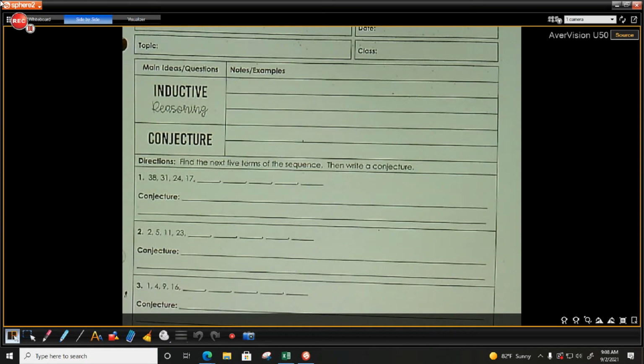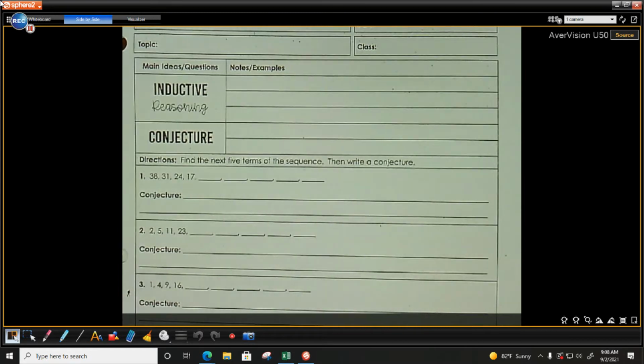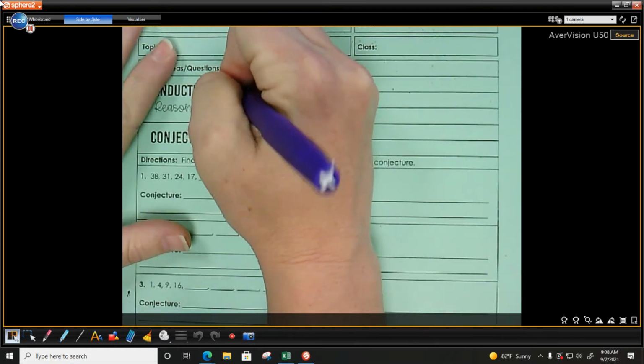We are going to start with inductive reasoning. Inductive reasoning is making a conclusion